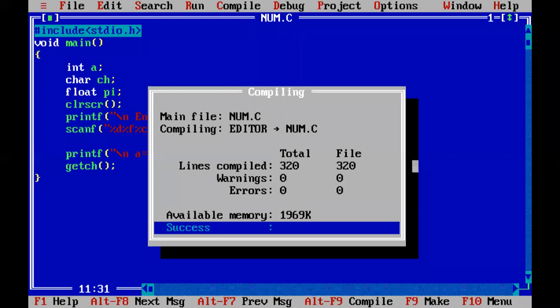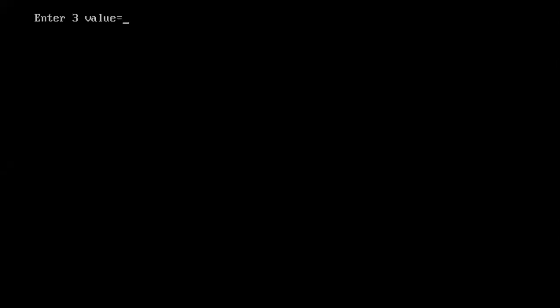Compile, zero errors, run. Three values 4, 2.4. Why will it not accept the third value?